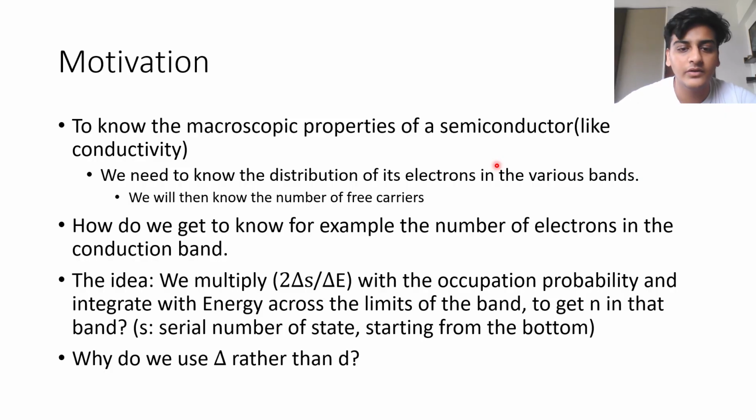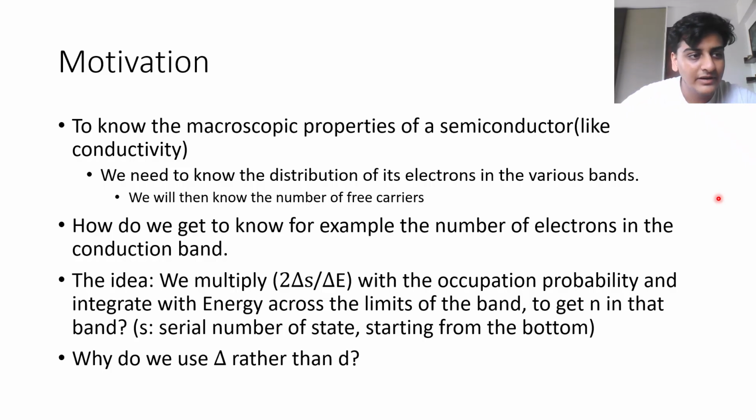So if I know the number of electrons in the conduction band and the number of electrons in the valence band, correspondingly I'll know the number of holes in the valence band. I will get to know how many free carriers I have available. So once I know that, then properties like the conductivity of the semiconductor I can find out, right? So the motivation is that we want to be able to find out the number of electrons in the various